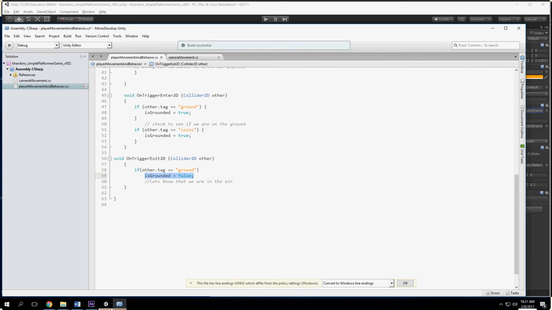So I'm going to go to other.get component, collider.enabled is equal to false. The other thing I'm going to do now is, because its renderer is going to be animated, I don't have to turn that off, but now I need to tell the animation to play. So since I only have one animation in here, we're going to go to other,